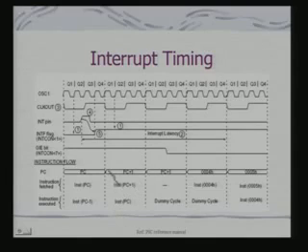Now, what we will find here when we look at the instruction flow, at this point I was actually executing the instruction which was pointed to by PC here, and I had already fetched the next instruction because that's the basic pipelining in the PIC processor. But since interrupt has occurred, what will PIC do? It has to respond to the interrupt and start execution of the instructions from the ISR. So, you will find effectively a dummy cycle is introduced here, which I was referring to as NOP, where nothing happens